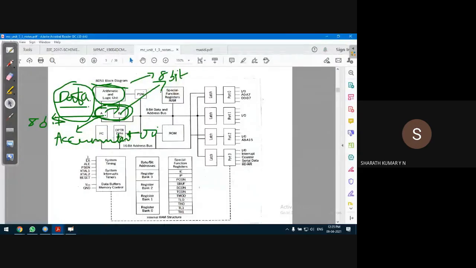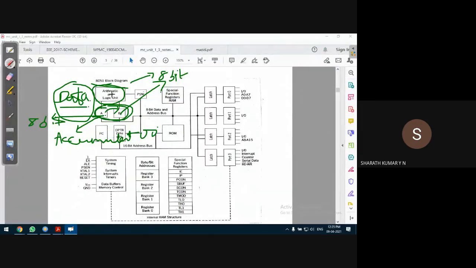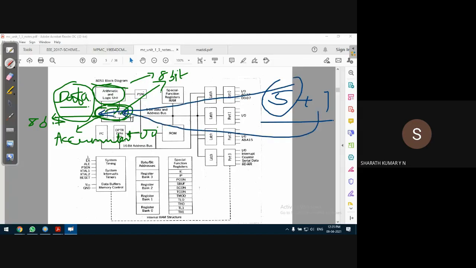So to perform an operation on a set of data, for example let's say we want to perform 5 plus 7, some addition operation, one of the data has to be available in the A register and the other data should be available in the B register, so that it can perform the operation on the given set of data. Not only arithmetic operations, you can perform logical operations like logical AND or logical OR. All this can be performed.